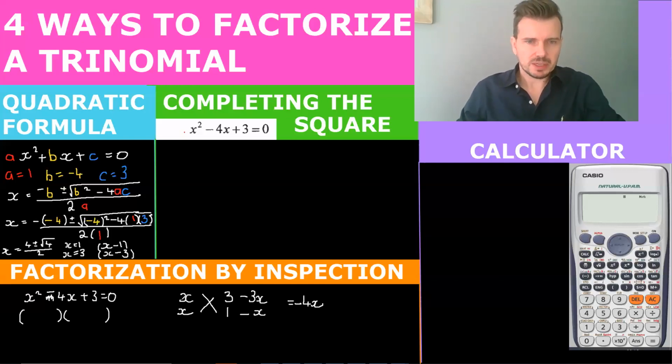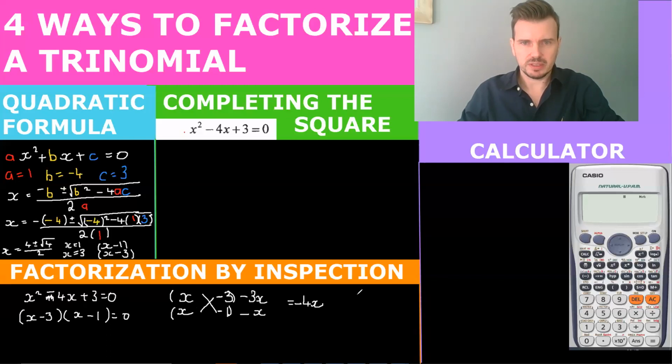And then these become our brackets. It's times -3 and times -1, so x times -3 will be -3x, and x times -1 will be -x. So these are our brackets here, x - 3 and x - 1. And if we were to solve this equation, we would say, right, if you have a times b